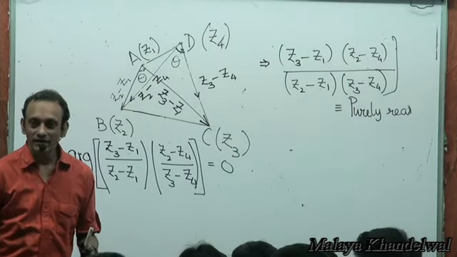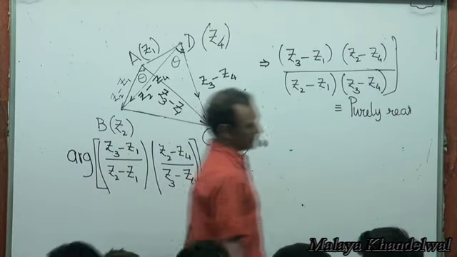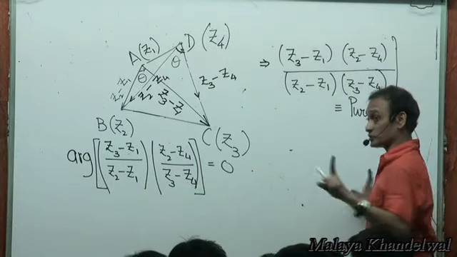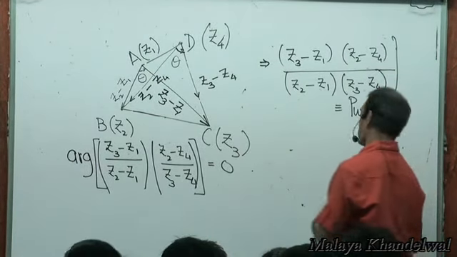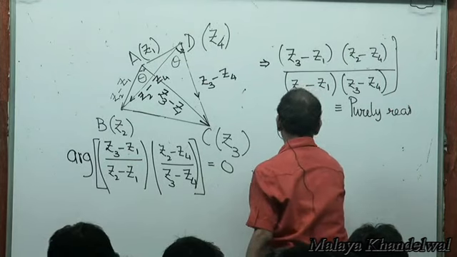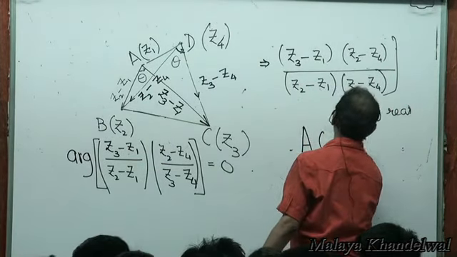Condition for similarity of two triangles. One more thing that let me mention to you could be useful in terms of figuring out whether this quadrilateral is cyclic or not. Do you know that for a cyclic quadrilateral this property holds good? AC into BD, product of the diagonals, AC into